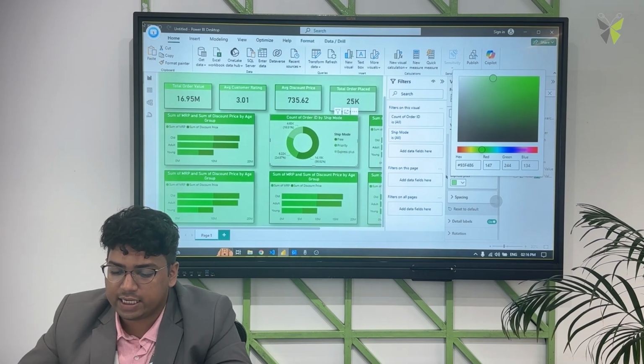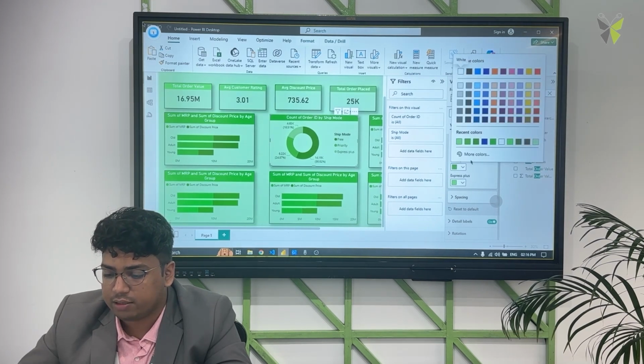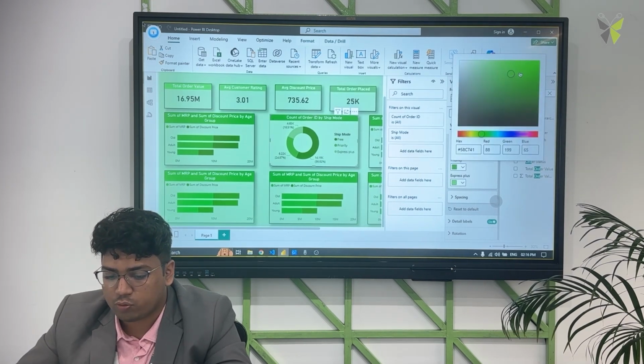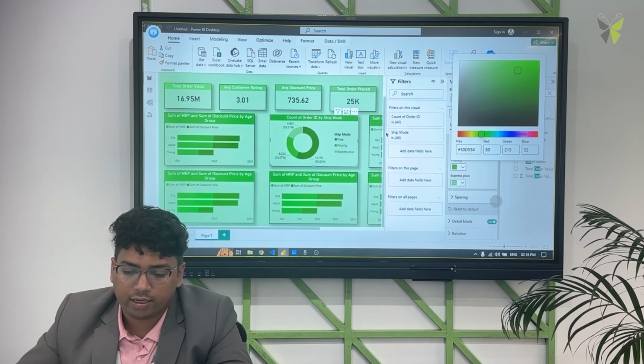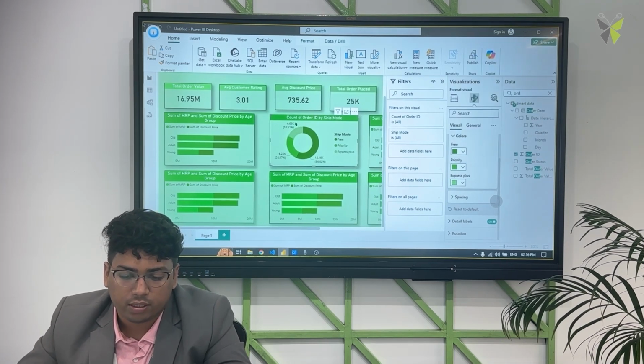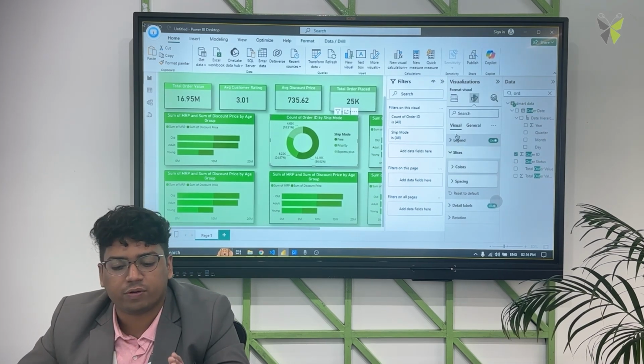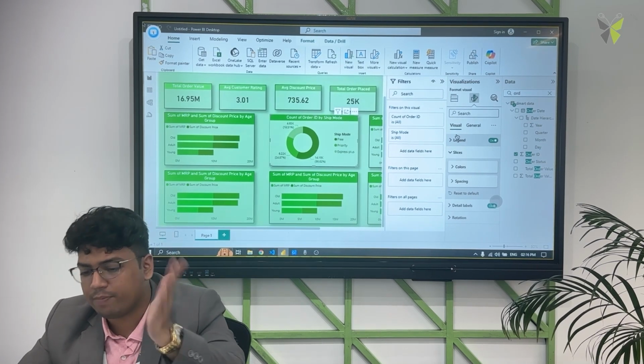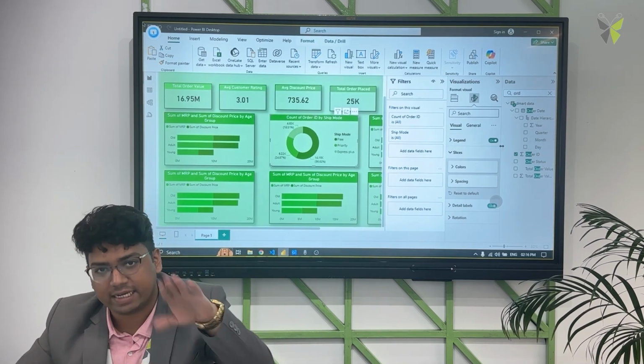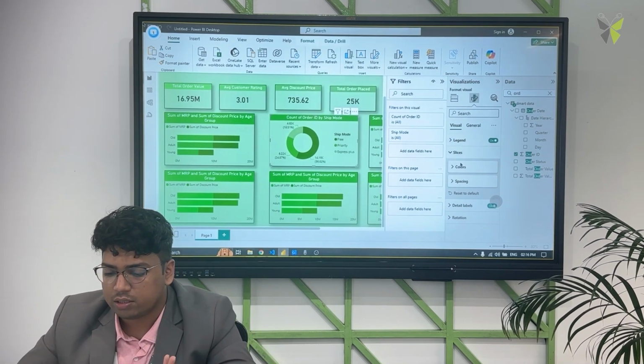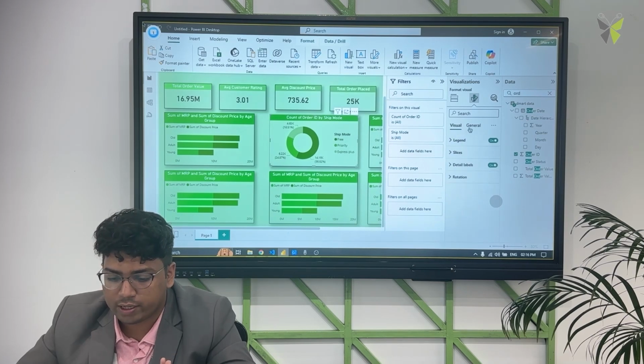Making sure that each green color is different in shade so that the user has no problem understanding which color means what. It's not compulsory that you only go for this greenish shade. You can use other colors as well. That is your personal choice, so don't worry about that.